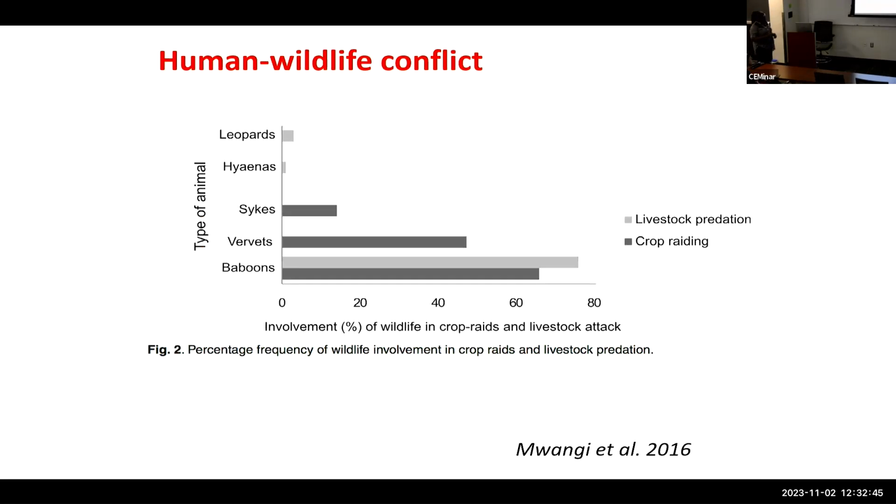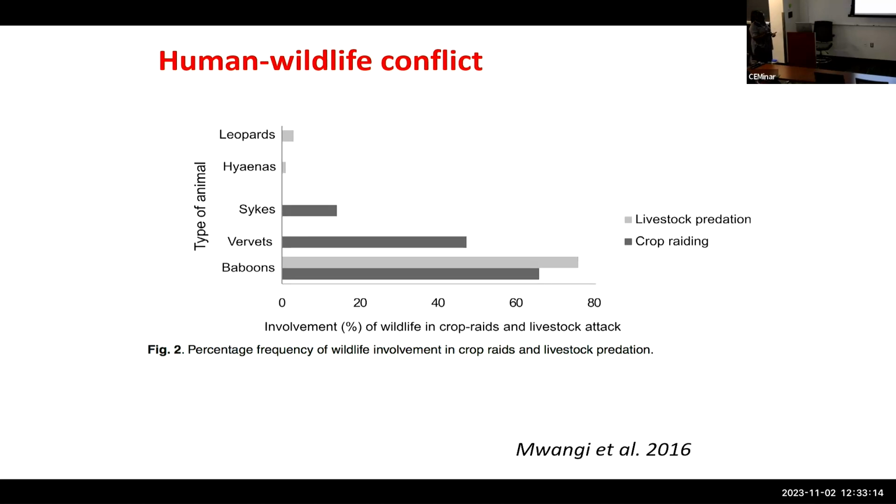And just to show you some of the level of conflict. So these are common species in IPR: baboons, vervets, and sykes. And baboons are the most dreaded because they're the ones that participate in livestock predation and also in crop raiding. And what people will do is, even once the baboons have attacked the livestock or the crops, whatever is left over, they will still use it for their meals and other things, which then forms a way for transmission